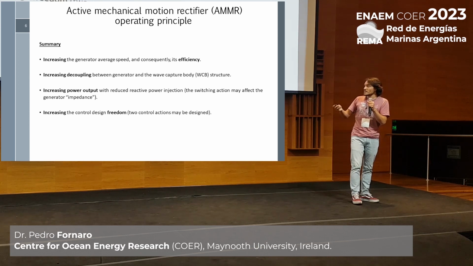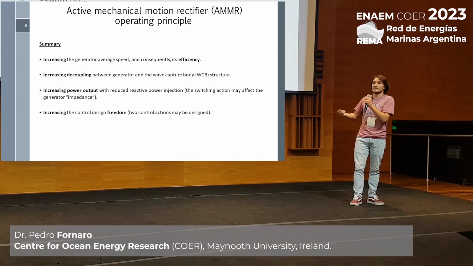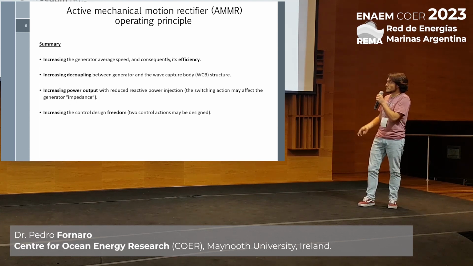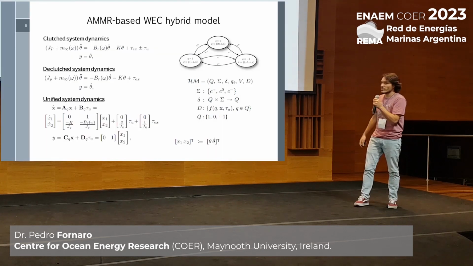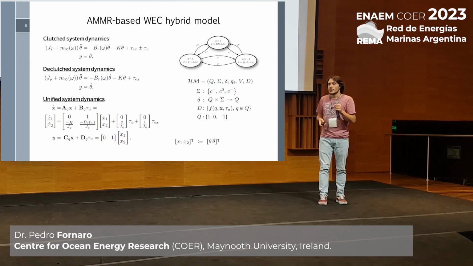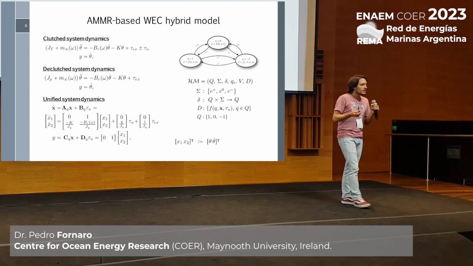Well, in the end, we have these two things that we can design to maximize power output in these systems. So what we are using right now is we need a model. Why do we need a model? Well, from the control co-design perspective, we need a model because